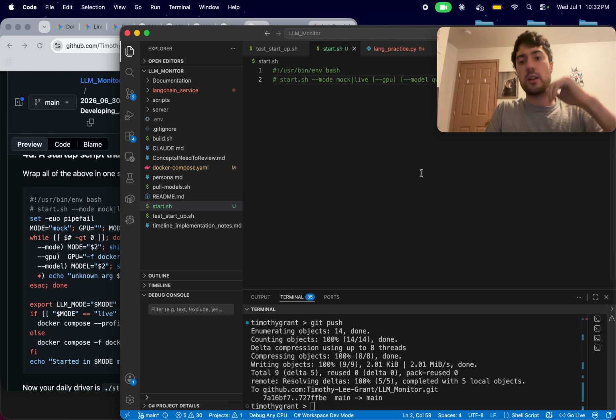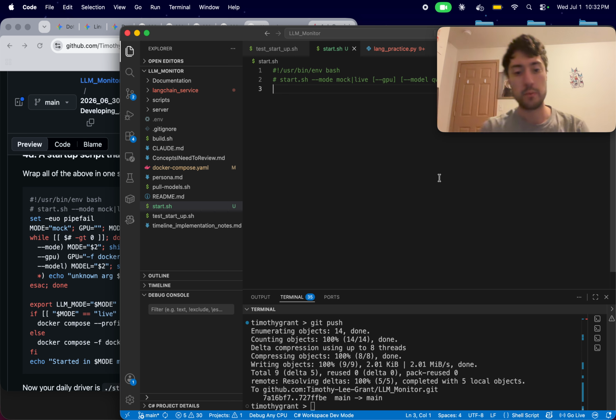So the general idea for what we're going to be trying to do here is I want to get a script that I'm going to be able to run and just do mock. So I do mode mock, and what this needs to do is it needs to come in and build everything. Well, first it needs to go and actually get the arguments that I pass, set the environment variables with the export, then invoke the Docker compose build, and then from